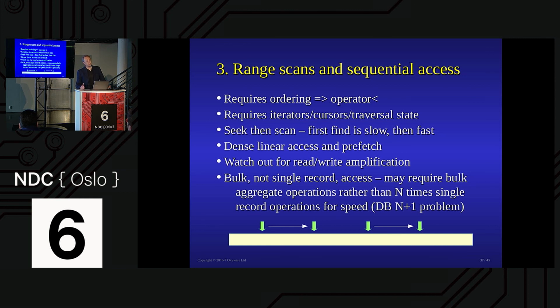Range scans, sequential access. Phil was talking about looking things up, and he had his hash maps and ordering. With a binary tree, you're paying for the cost of knowing they come in a particular order. With a hash table, you go, I don't care what order they are, and you actually gain a significant amount. This is why an unordered map may well be a lot faster than an ordered map. Don't use a map if you don't need the ordering, because you're paying a price for it.